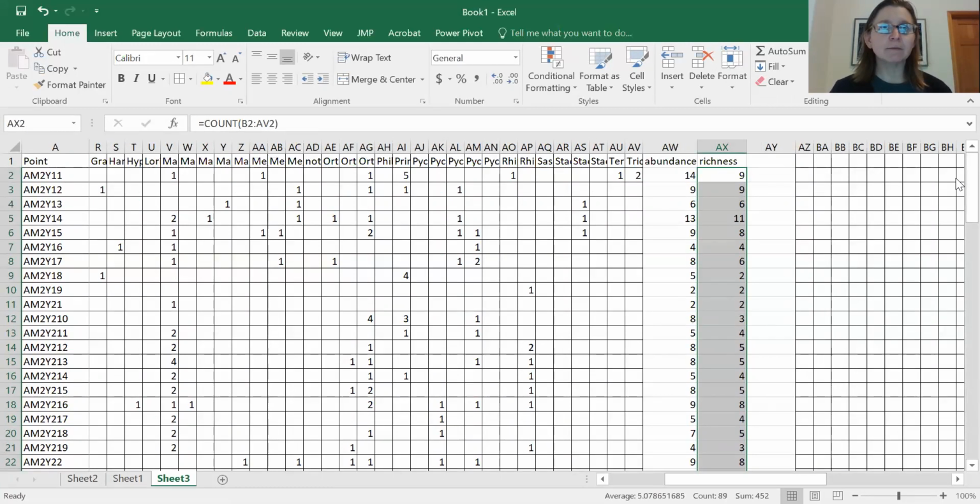It's when you start to get to the place where you're making species accumulation curves, because they look much nicer and they provide a lot more information if you reshuffle your data. Excel can do that, but it doesn't do it without add-ons that cost some money, and it still requires a bit of data manipulation. So we're not going to cover that. And then there are diversity indices that you can calculate using Excel. And they can also be quite cumbersome to calculate if you have a large data set. I'm going to show you how to calculate Shannon's index so you can get an understanding of how that could